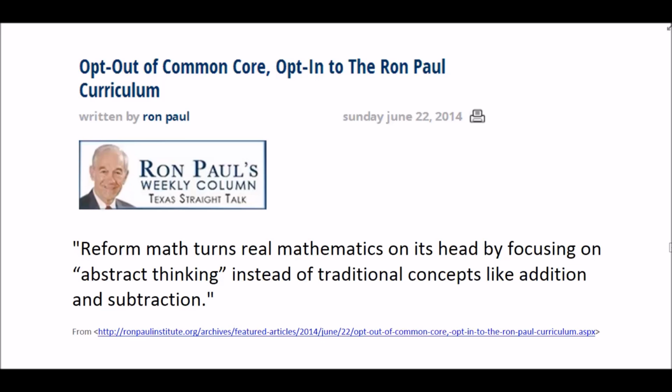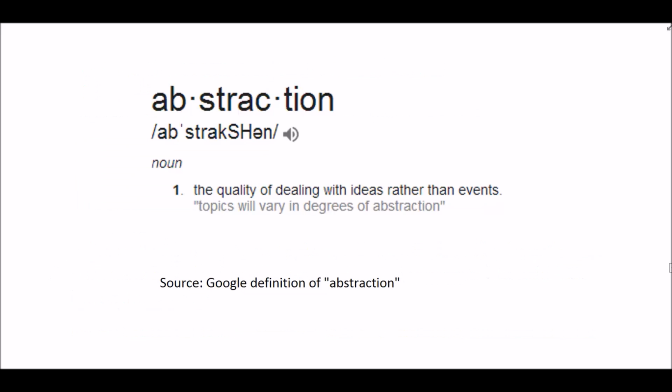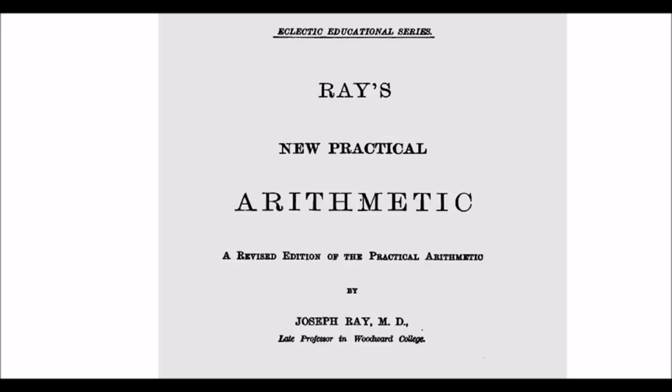So why does Ron Paul want to throw away the Common Core? Well, for math, he says, reform math turns real mathematics on its head by focusing on abstract thinking instead of traditional concepts like addition and subtraction. So I thought I'd go to a Google search and just type in abstraction. The first definition was the quality of dealing with ideas rather than events. But it seemed to me that Ray's arithmetic curriculum was doing pretty much that. This sounds a whole lot like what Ray was trying to accomplish